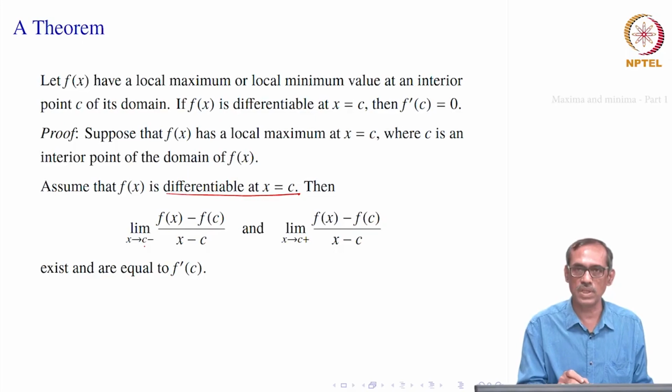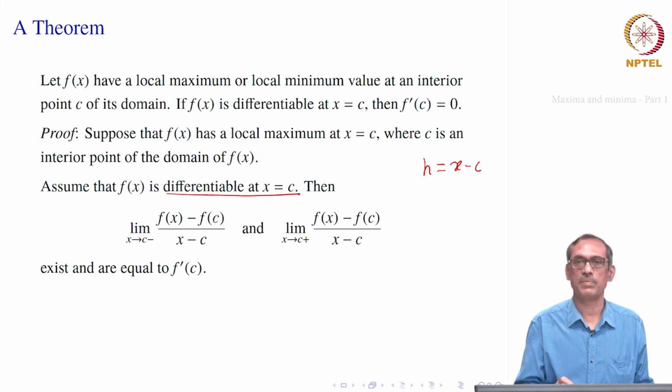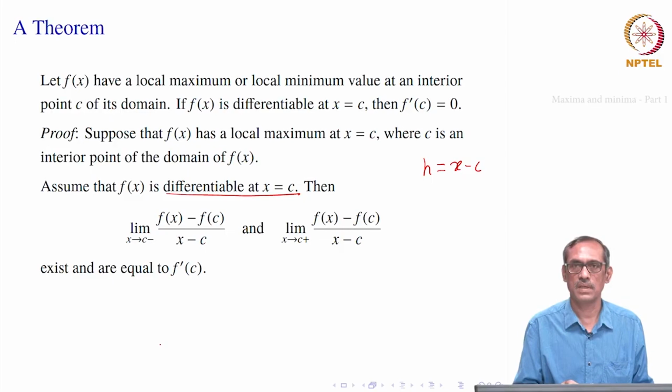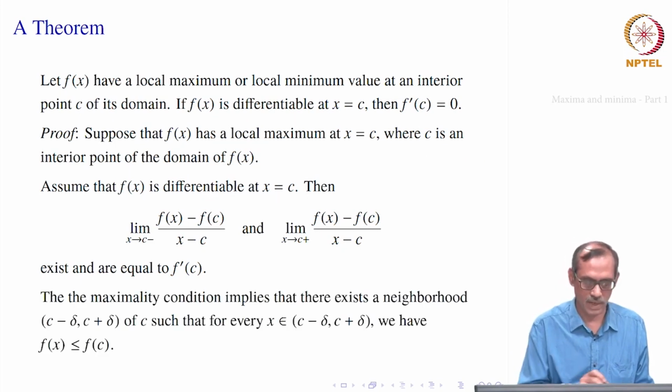the limit as x goes to C of f of x minus f of C divided by x minus C exists. We are writing x as C plus h, and h goes to 0, so we say x goes to C. In our earlier definition of derivative, the h is taken here as x minus C. So, the limit as x goes to C of f of x minus f of C divided by x minus C must exist. That means its left hand limit and right hand limit must exist and they are equal, which is the common value that we are writing as f prime of C. Okay. These two exist and they are equal.